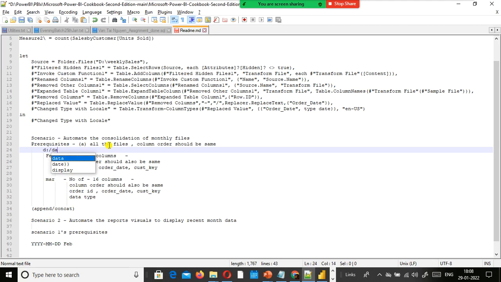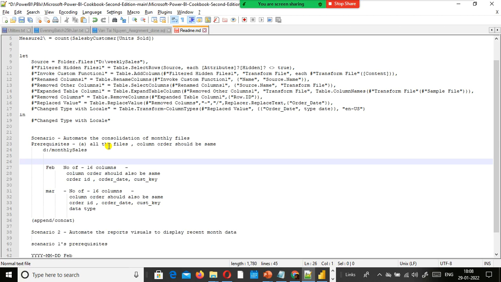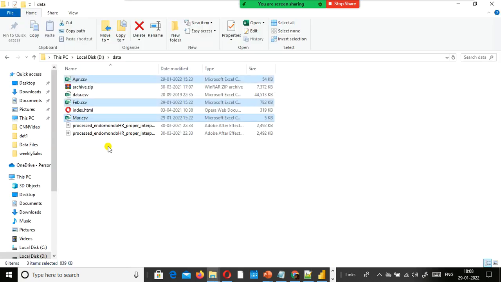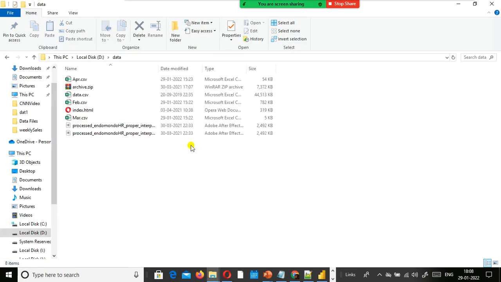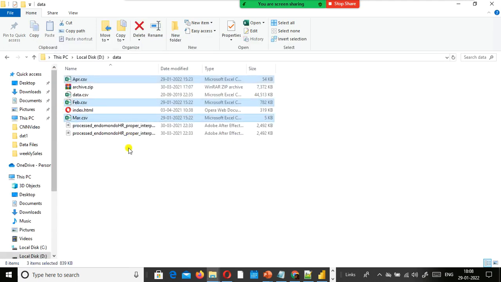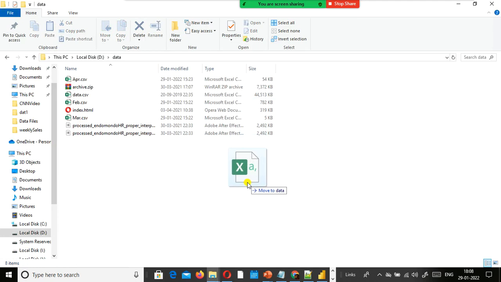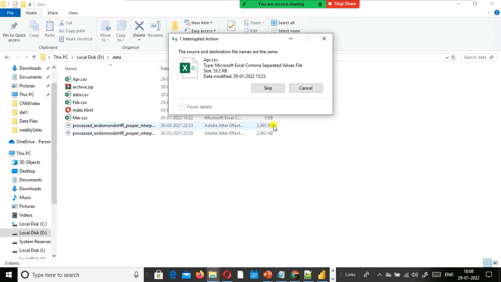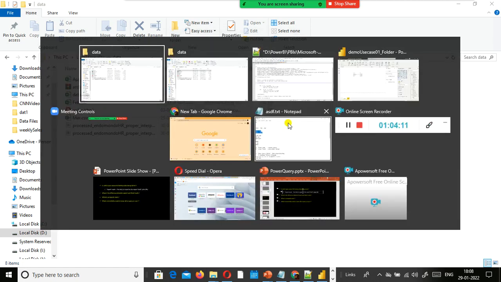D:\data, monthly sales. Monthly sales is my folder name. This is my data folder. April data is not there, so I just copy paste it here. Okay, not here, sorry.